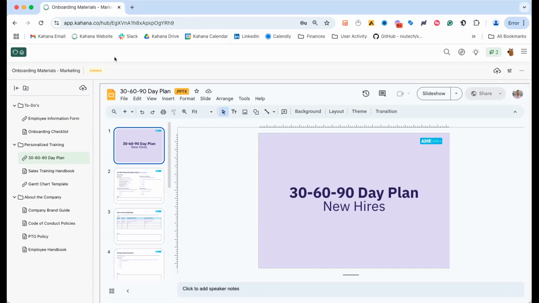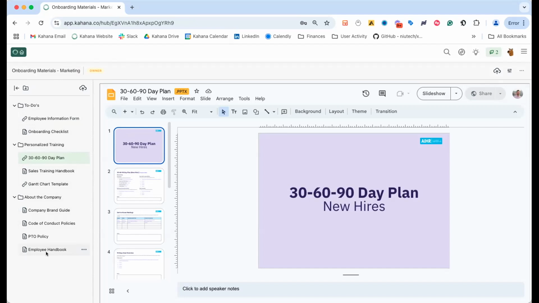Because they are great for, obviously Google Drive is great for actually creating assets, and as is SharePoint with respect to creating Excel / Google Sheets, or PowerPoint / Slides, or Word Docs / Google Docs. But when it comes to actually organizing them, no one wants to just get handed a Google Drive folder where you have to click into a bunch of individual folders, pull up a file, open up a new tab. Like, this would literally, if this were a Google Drive file, you'd have 1, 2, 3, 4, 5, 6, 7, 8, 9 different tabs open, and there are probably going to be way more files